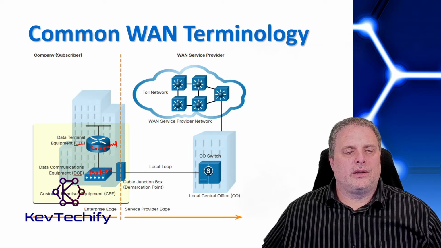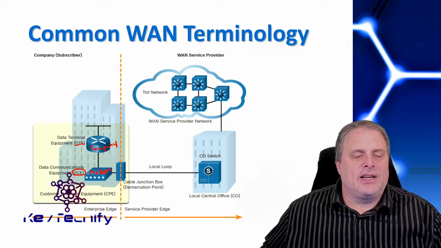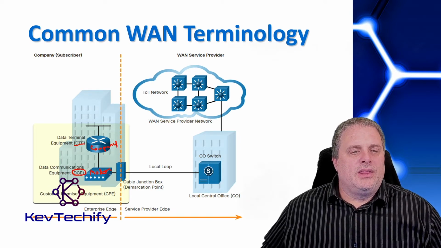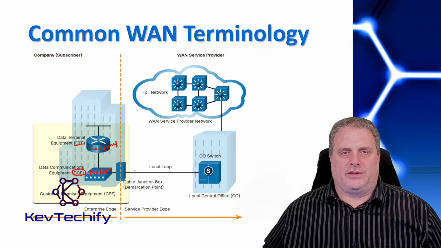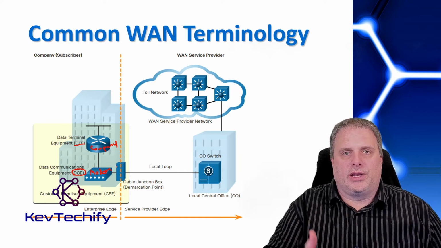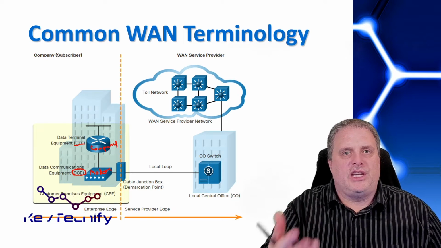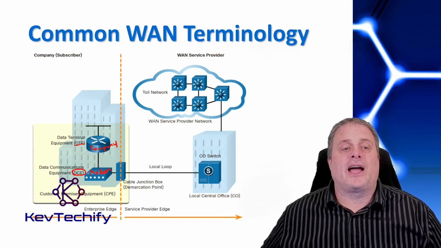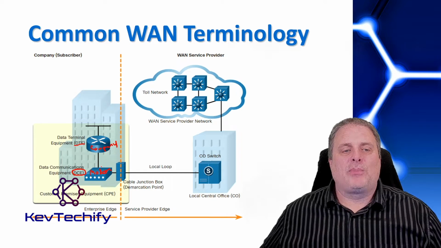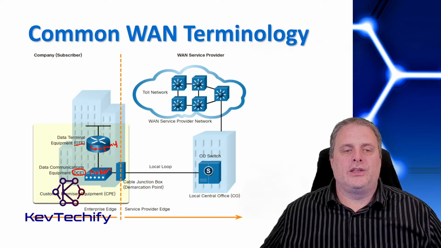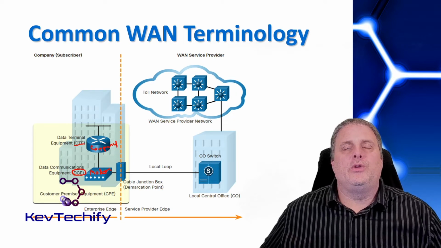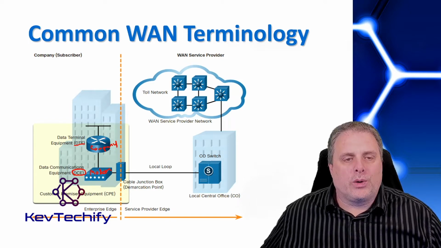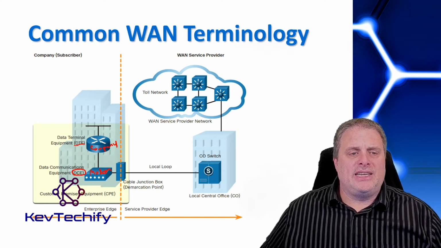Then we have the DCE. The DCE is data communications equipment, and this is used to communicate with the provider. And so this takes the signal that the provider gives you. The provider could be giving you a cable connection, a DSL, a fiber connection, a T1 connection. It takes that signal and turns it into a signal you can use on your network. So it turns it into a copper Ethernet cable. It turns it into fiber Ethernet that you can use on your network that will connect into your DTE, into your router, into your network. So we have the DTE, DCE.